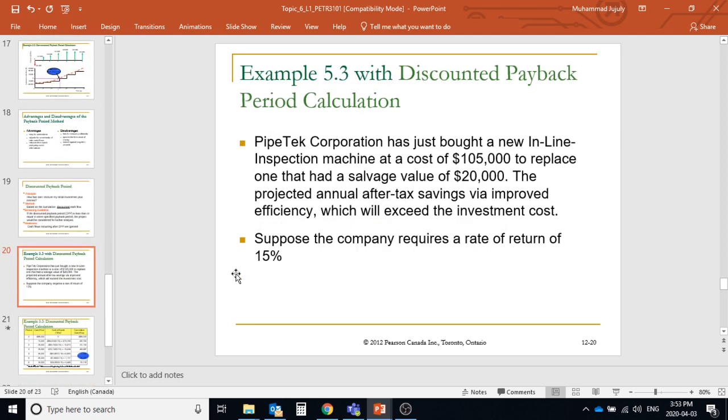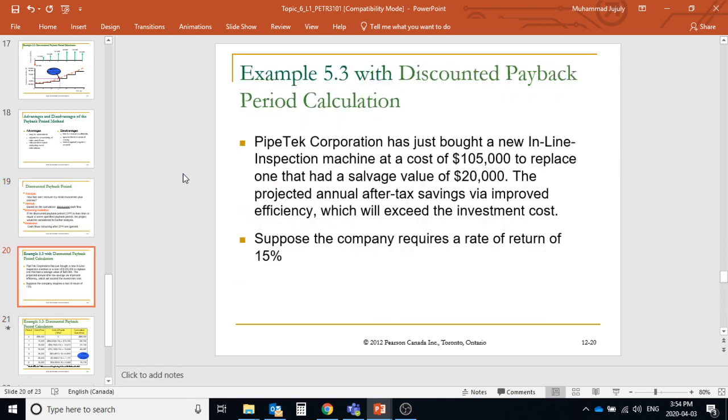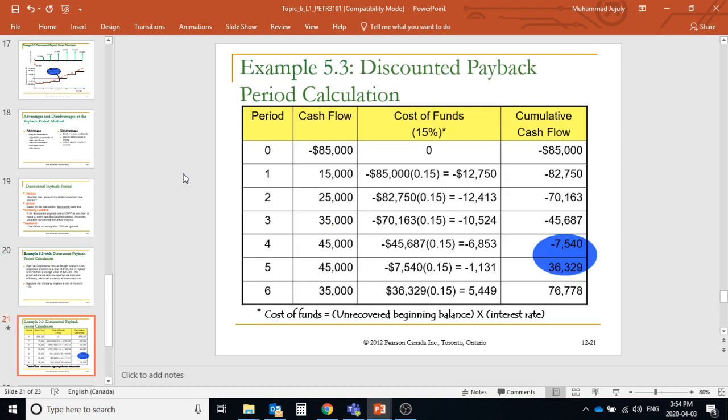Now let's solve another problem. Pipe Tech Corporation bought a new machine that replaced the older one, which had a salvage value of $20,000. The projected annual after-tax saving from the improvement will exceed the investment cost, and the rate of return is 15%. We'll check if the project makes sense or not. How can we do that? We'll see the